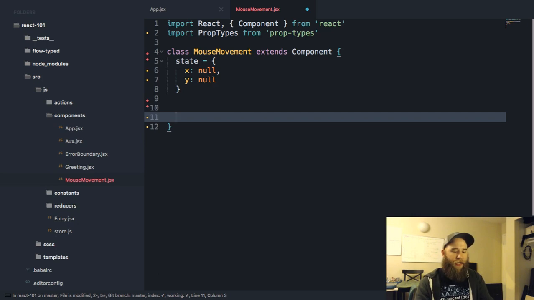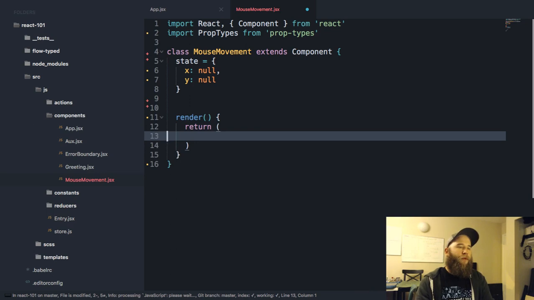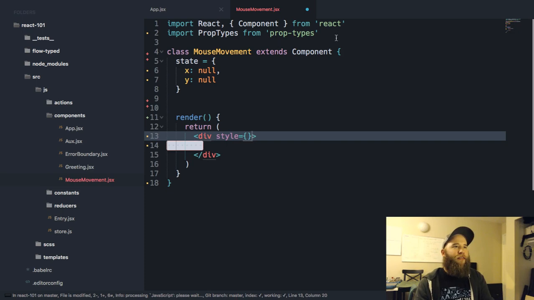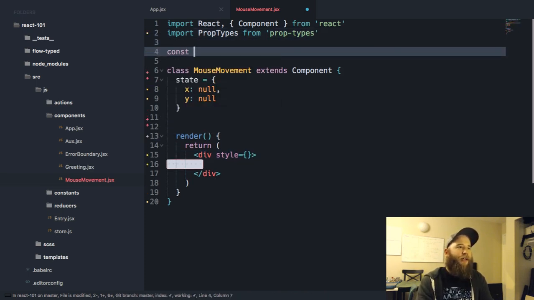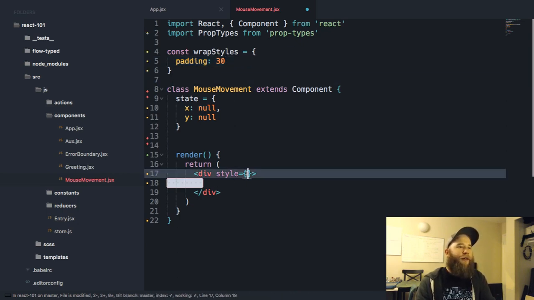Let's work on the component itself real quick. We're going to have a wrapping div. Ooh, not a DVI. I don't know what DVI is. Let's give it some more of that style. And in fact, I'm going to show you, because this is an object, right? We can do wrap styles maybe. And what I really wanted is just a padding of like 30. We can do 30 pixels. That'll be good. And we can just pass an object in here.